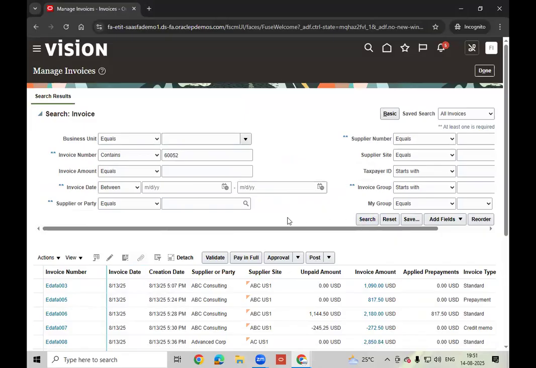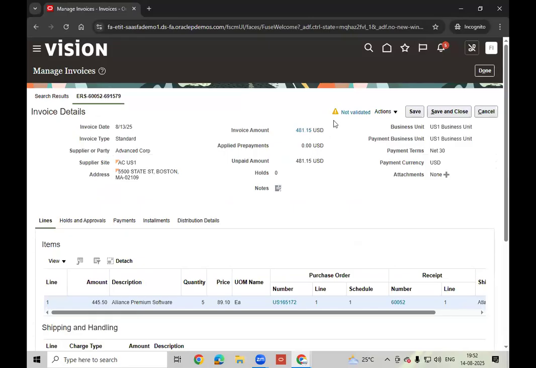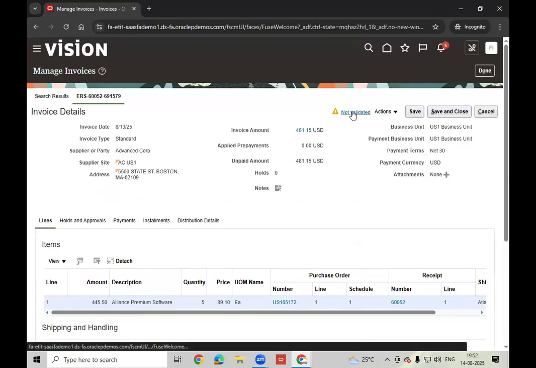That's this one, right? This was created in the year 21. That is different. This is mine, just now what I have found. Okay, which is in not validated status,